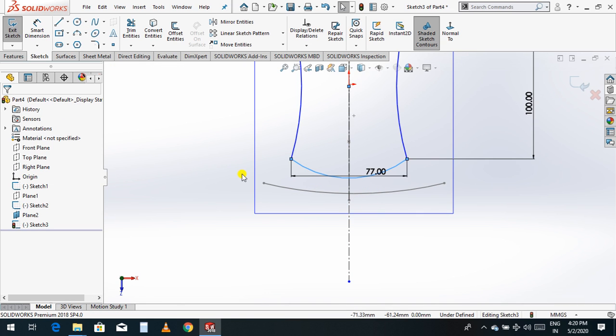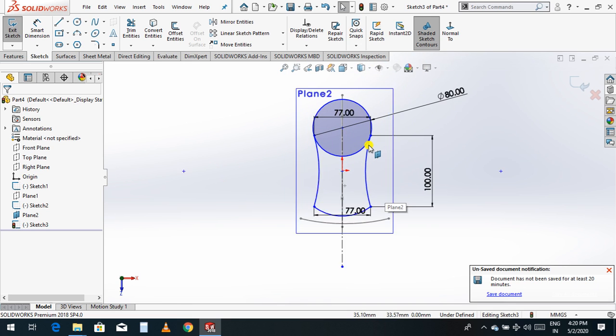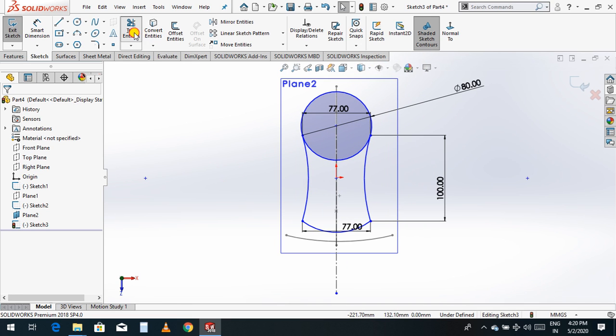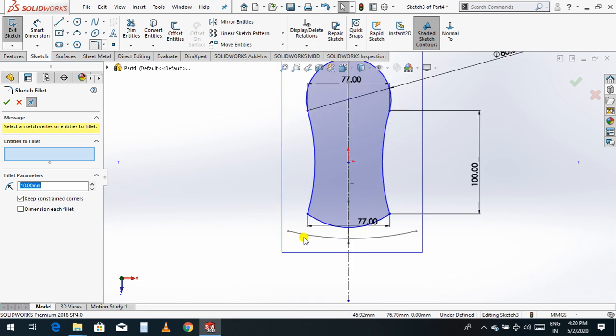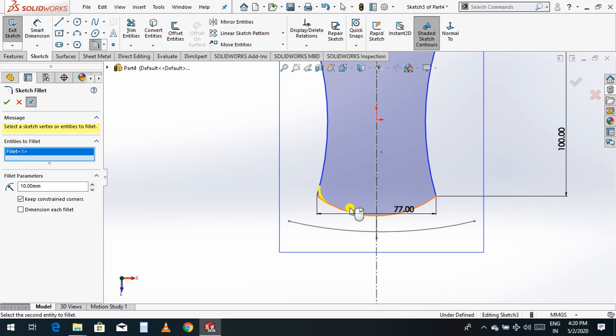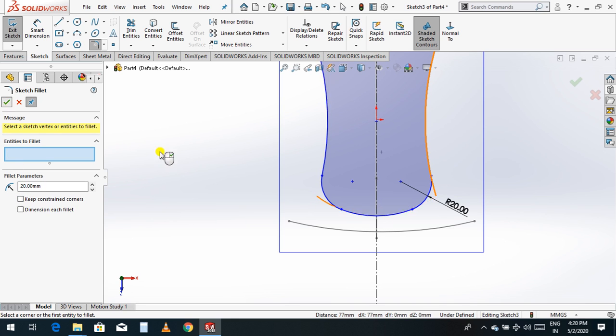Select OK. Now use this trim entity and trim this one. OK. Go to fillet and take this fillet, this point, and give 20 mm. Select OK.